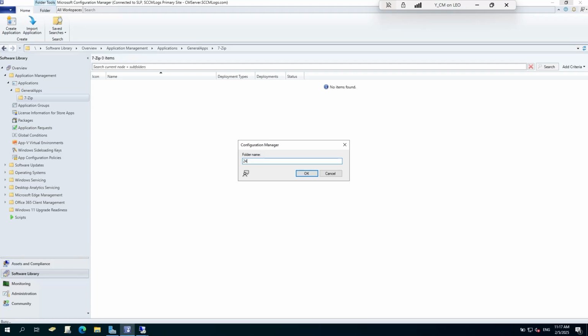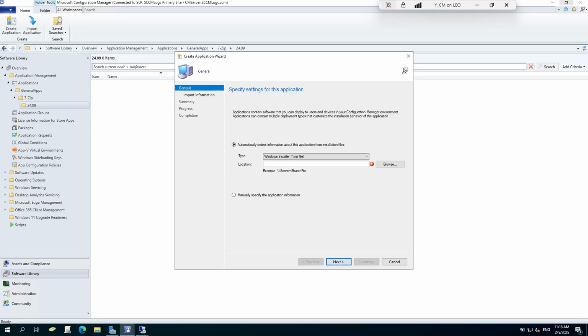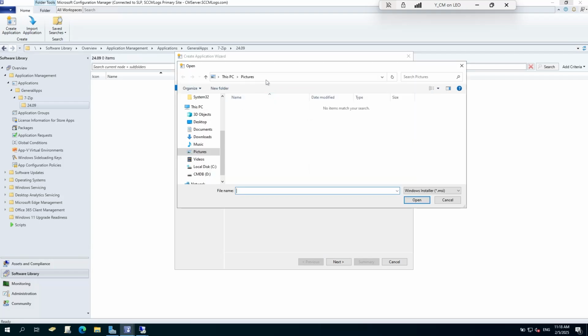Okay, 24.09. That's it. So here you can create any kind. For example, you can create 64-bit application or 32-bit application or MSI or exe, whatever. So this is a simple structure. Most companies will use this simple structure only. Okay, so now I'm going to